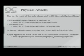Sweet. So basically the key to all of this is in the Mach kernel. I forgot to put the version number; what I looked at was XNU 792.13.8. I downloaded this a while ago. It's possible that they've changed some stuff, but maybe not. The IOHibernate system sleep is inside of the kernel's IOHibernateIO C++ file, and it's called from the IOPMrootDomain. And so in theory, the sleep images are encrypted with AES-128 in cipher block chaining